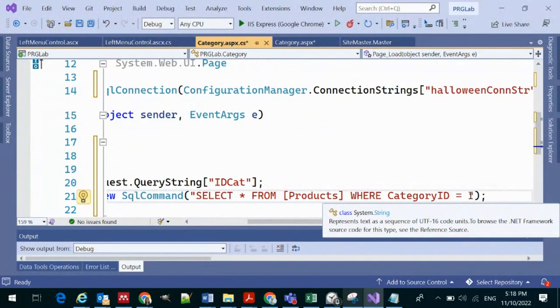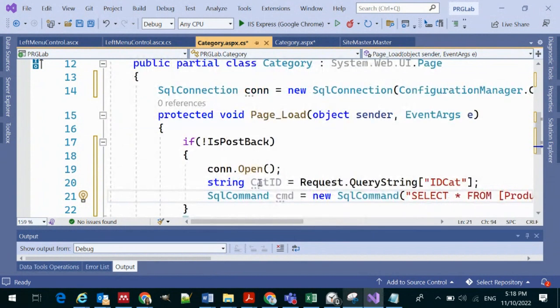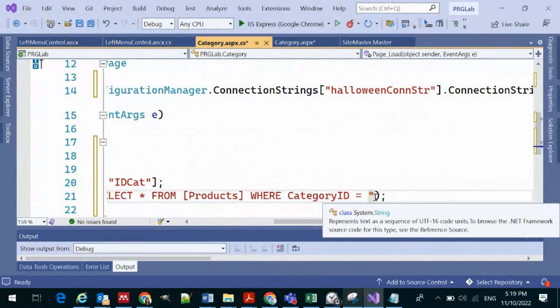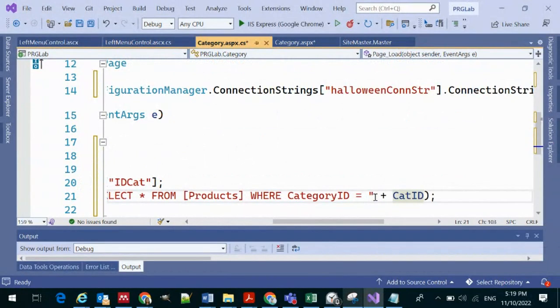We're actually going to match it with the category ID that's going to come from here. Okay, we're going to match it with this. We can't just put an equal and make it work that way. But we have to put it in such a way, okay, and